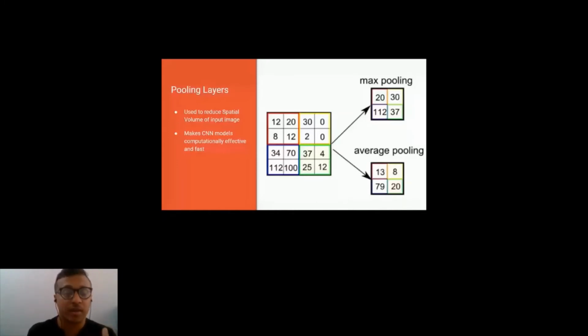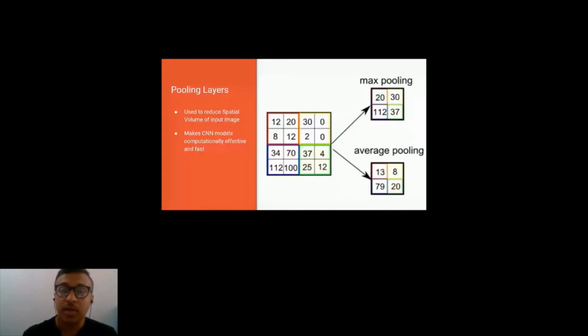For example, as everyone is talking about cat, I'll take a cat too. Imagine in a picture you have the cat on the top right corner. Now after the convolution layer, the edges and all will be on the top right corner. So now the model knows that it's in the top right corner, but we don't want that. We want the classification of a cat as it is, wherever the cat is in a picture. So this is the reason we use a pooling layer.